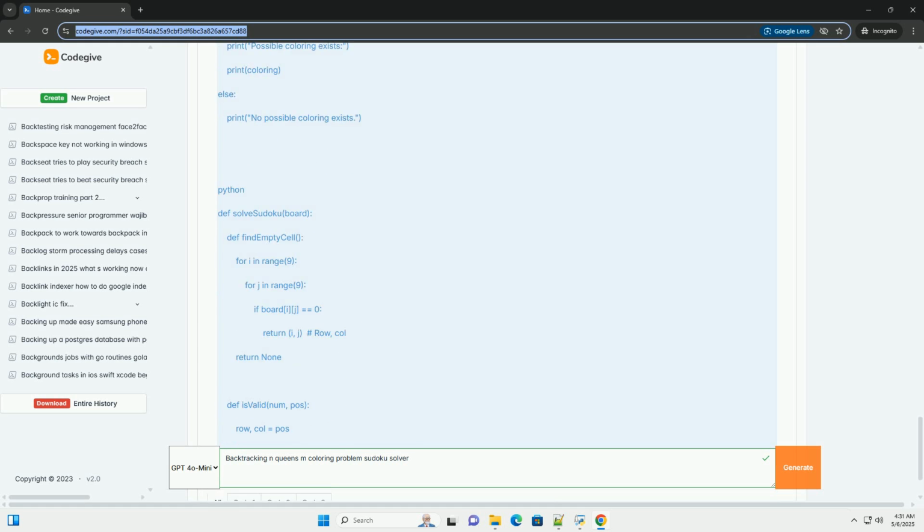Check for validity: is it valid to place this digit in the cell according to the Sudoku rules? Check row, column, and 3x3 box constraints. Recursive call: if it's valid, recursively call solve sudoku. If the recursive call returns true, a solution was found, return true. If the recursive call returns false, a conflict was encountered, undo the choice, reset the cell to 0, and